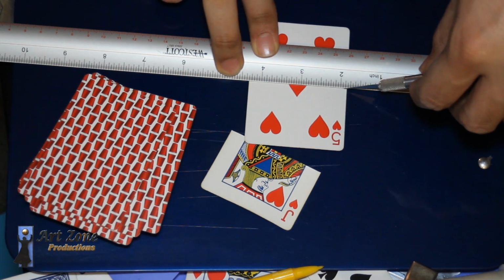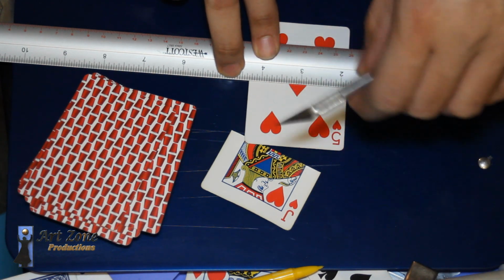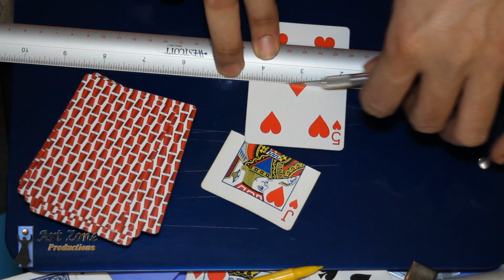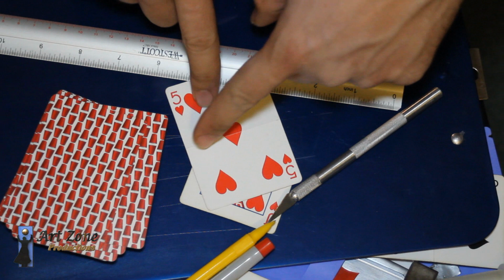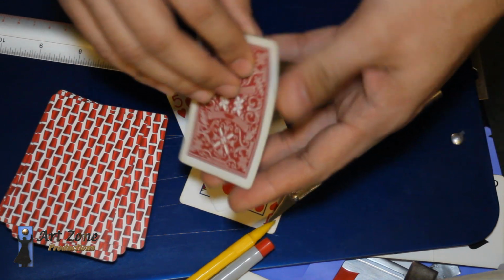You need to apply decent pressure to cut about half of the card. It's not that complicated, just don't put a lot of pressure. Do it really slightly, okay? And you have to cut about half of the card. And the reason I'm using the X-Acto knife to cut the card about halfway down instead of just folding the